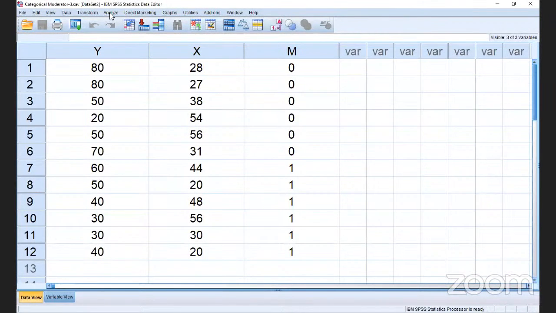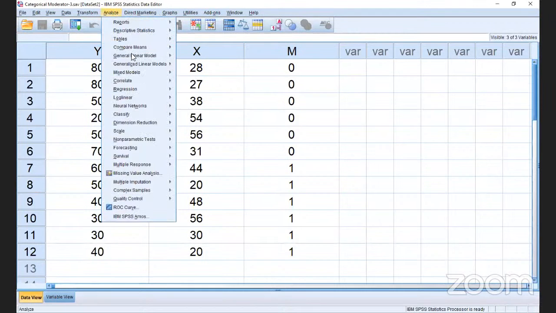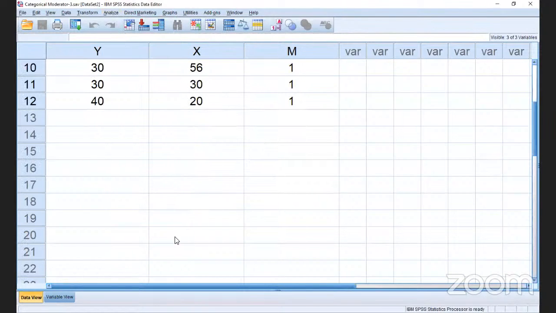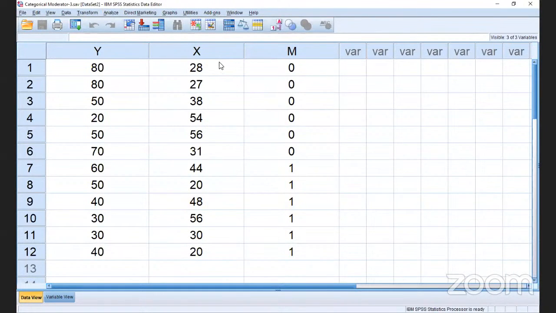You can see Analyze, then Regression, but before that we should install the PROCESS macro. Yesterday I told you how to install the PROCESS macro. It is very easy: once you install SPSS, after that you can install the PROCESS macro. Now, this case study is about the